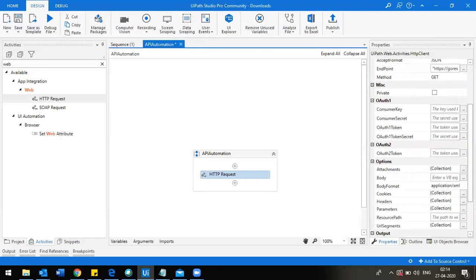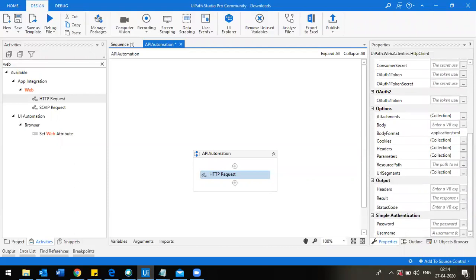Now you have given the authorization. These are the options in the API, like body. You have to send the body if it is applicable, and the header information. Here I'm passing a bearer token as a header, and then here you see there is output. Under the output there are again headers, result and the status code.